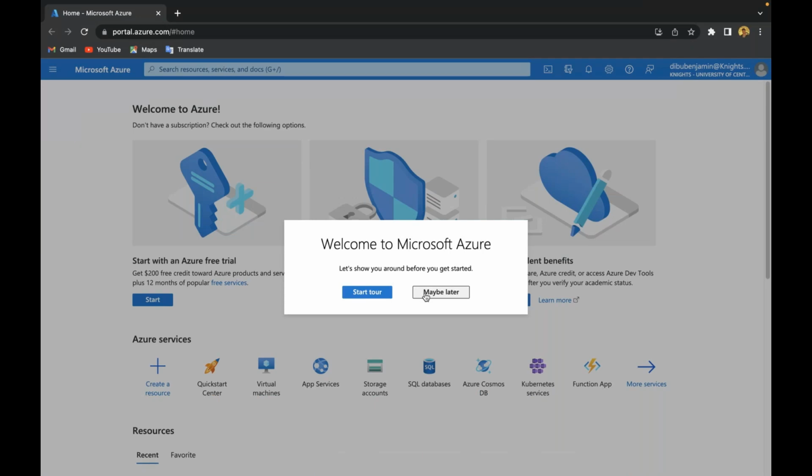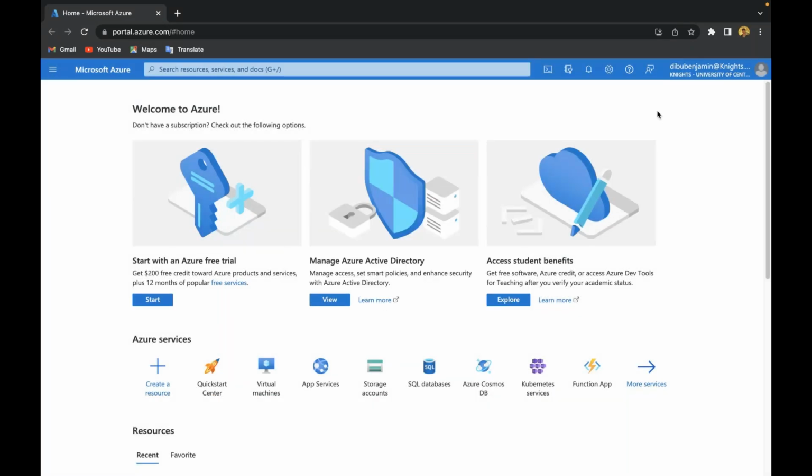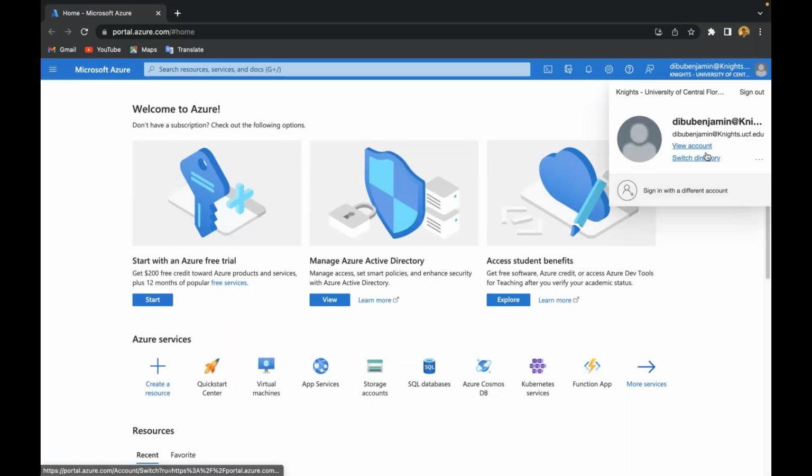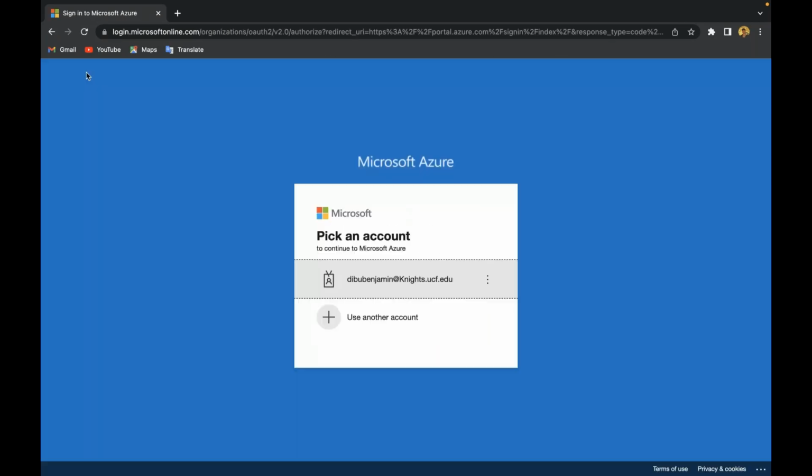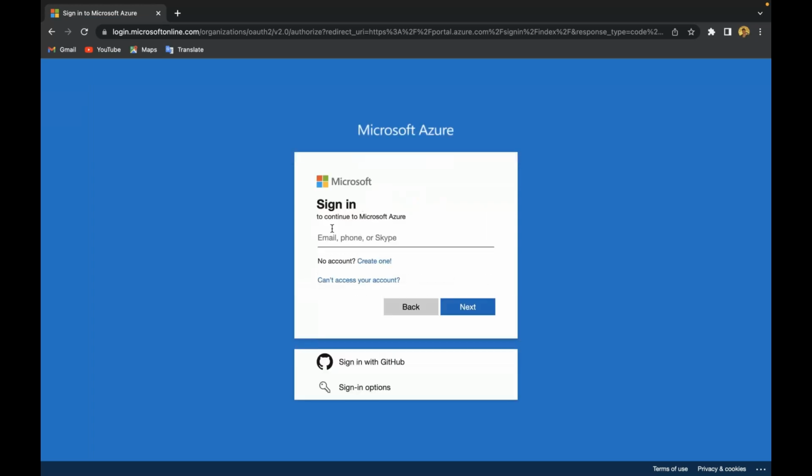Yeah, you can use another account. So you can create one, sir, with either your Gmail account or Hotmail.